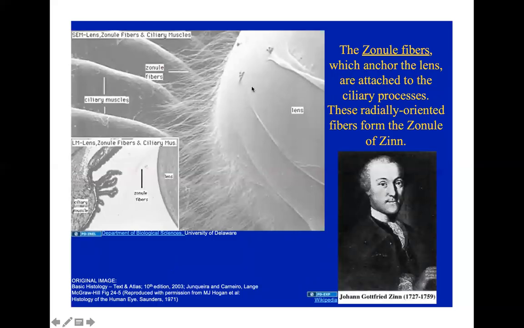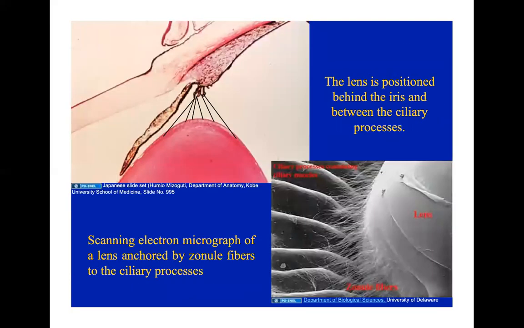Now here, this is the lens, as we mentioned, from the ciliary muscles. You have here your zonule fibers, or specifically termed the zonule of Zinn. Okay, so once the ciliary muscle contracts, this pulls the zonule fibers and causes the shape of the lens to change. Okay, that is for the process of accommodation when you try to look at near and far objects. Again, this is the lens, this is the zonules, and these are your ciliary body. You have here your ciliary muscles.